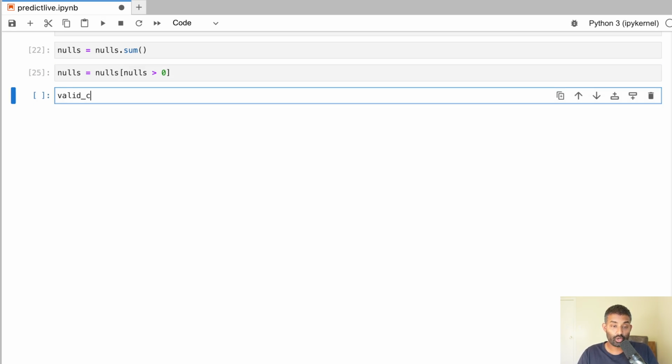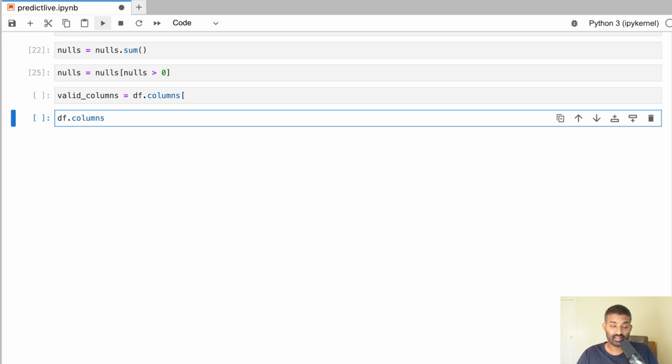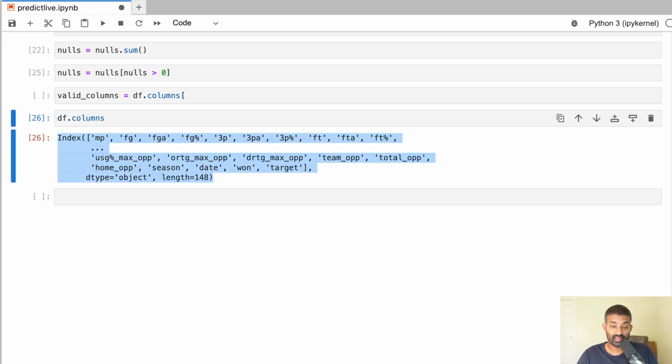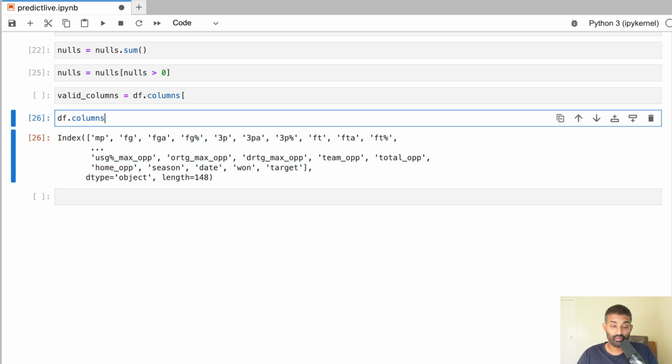All right, so we're going to create a list of valid columns. These are columns that don't have any null values in them. So we'll select the columns from our data frame. It's easy to think of it as a list. It's not quite a list, it's a pandas index, but it basically works a lot like a list of all of the columns in the